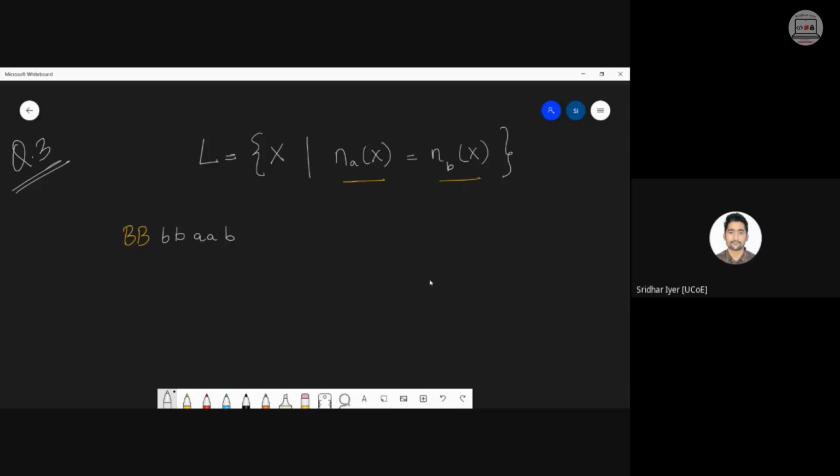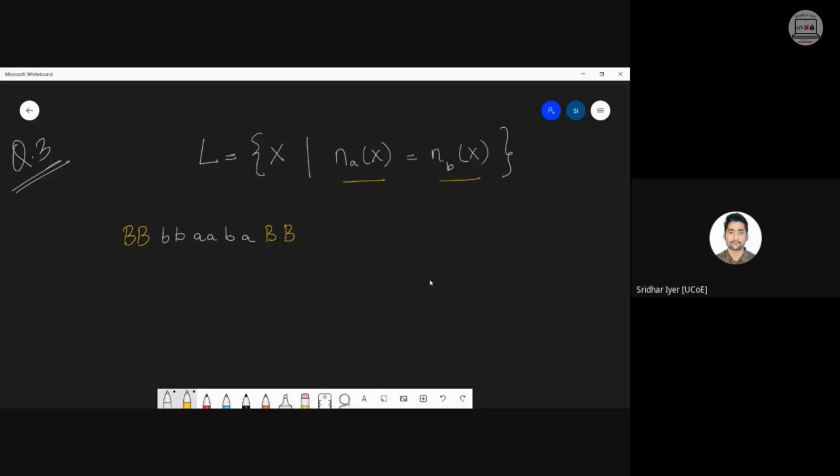So I'm taking this example over here. As you can see, the number of A's are equal to number of B's over here. So your logic should be designed in such a way that for each A, there should be one B on the tape, right? Whenever you encounter an A, a corresponding B should be present on the tape. At the end, if you have read an A value and there is no B value corresponding to it, you will simply come to know that the number of A's is not equal to number of B's. Am I clear? Logic समझा सबको?